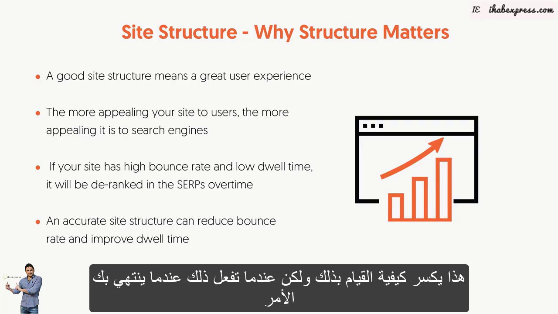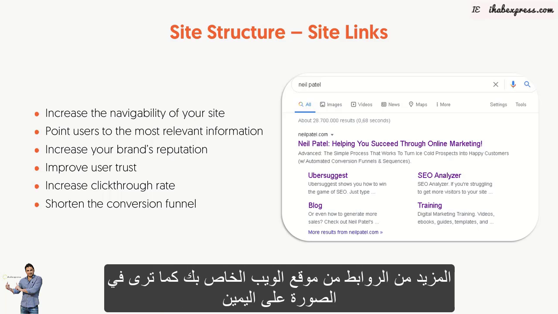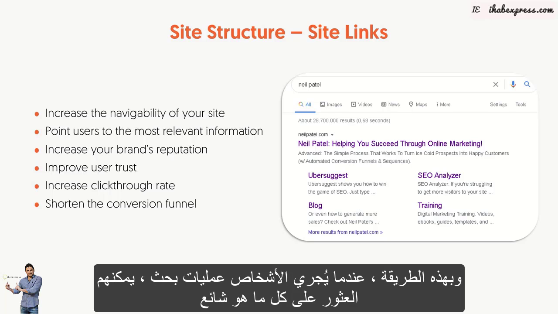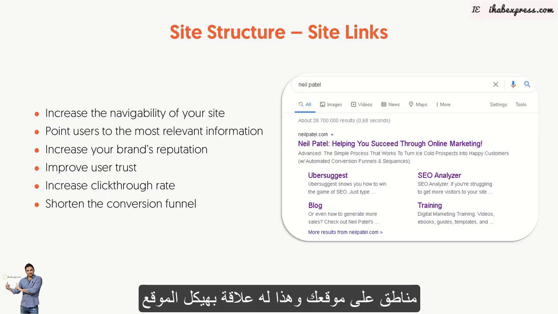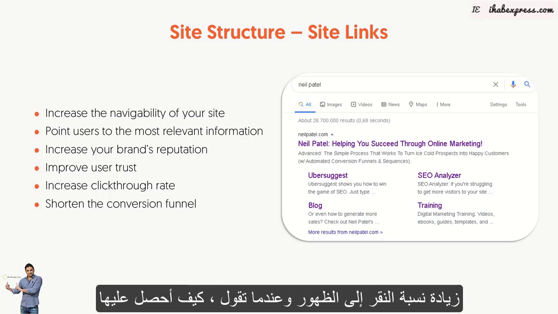when you Google your site name, you'll tend to see site links, in which you'll see an indentation, more links from your website like you see in the image on the right. That way, when people are doing searches, they can find all the popular areas on your site. That has to do with A, site structure, and B, as your site grows in popularity, it naturally shows up as you're increasing click-through rate.